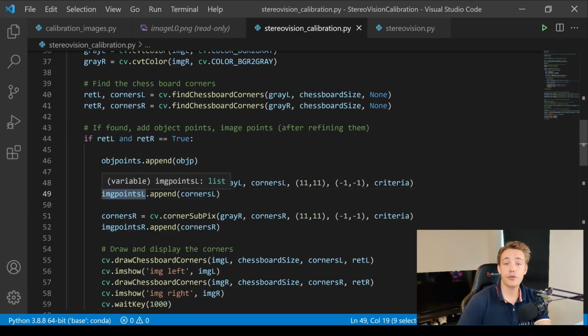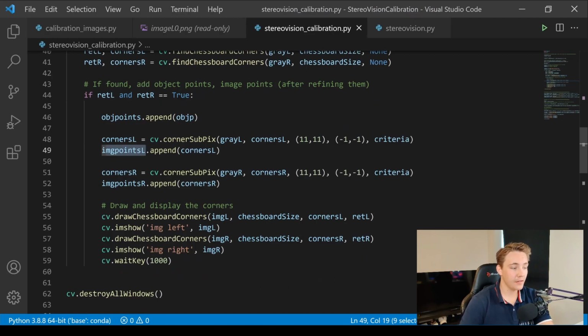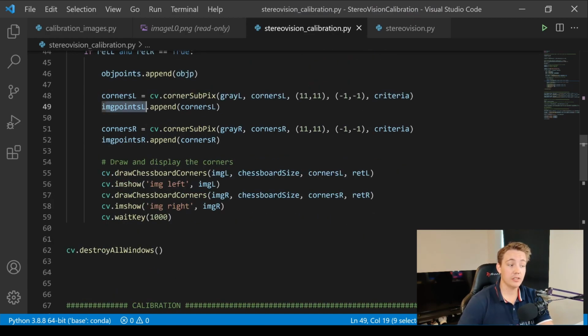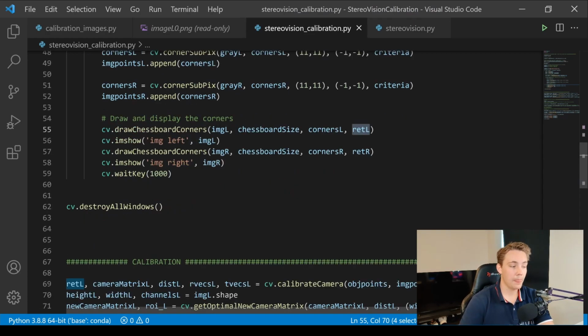And again, we're going to do this for each of the individual images. So this is just a for loop where we're running through all the images. So this image points list here will store all the image points for all of the images that we load in one by one. We do the exact same thing for the right image. And then we're going to go down and draw the chessboard corners on the image that we just found up above. So we're going to specify the image where we want to draw the chessboard corners, and we're going to specify the chessboard size and the corners that we found, and if we successfully found those corners, then we're going to imshow this, so we can see that we're detecting and drawing these corners of our chessboard in the image frame. Then we're going to wait for 1 second, and then we're just going to load in the next image,